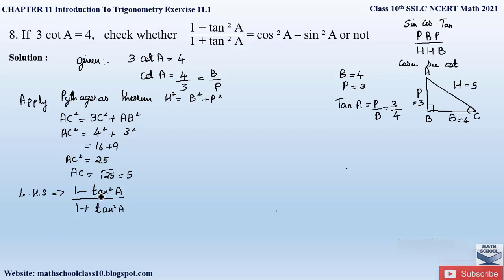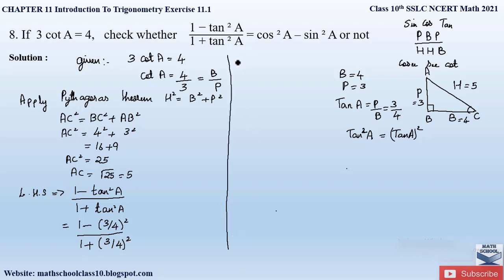So we can substitute the tan value here, and also whenever they have given us tan square A, this will be equivalent to tan A the whole square. Square of any trigonometric function will be equal to its whole square. So accordingly we will substitute here. So 1 minus tan square A will be, what is the value of tan A? It is 3 by 4 the whole square, divided by 1 plus tan square A, it is again 3 by 4 the whole square.